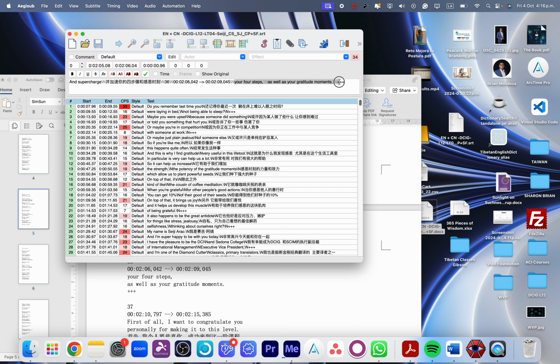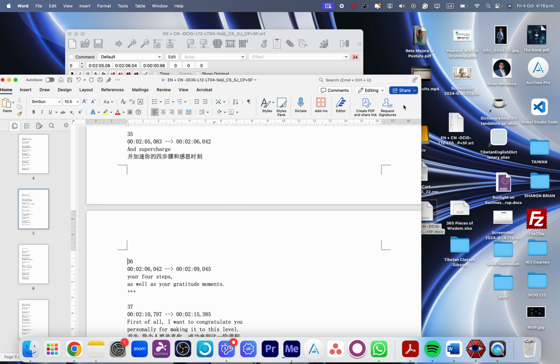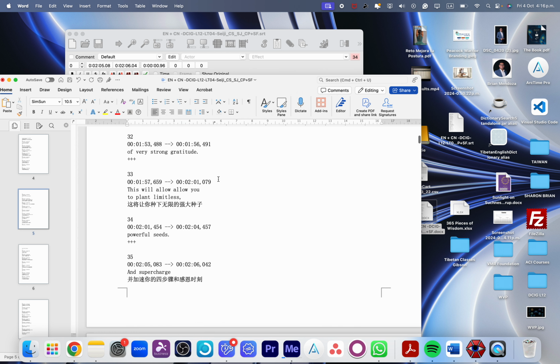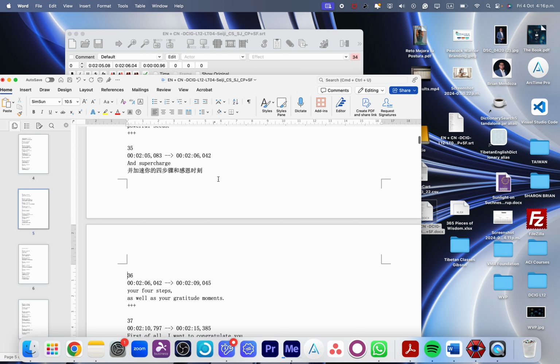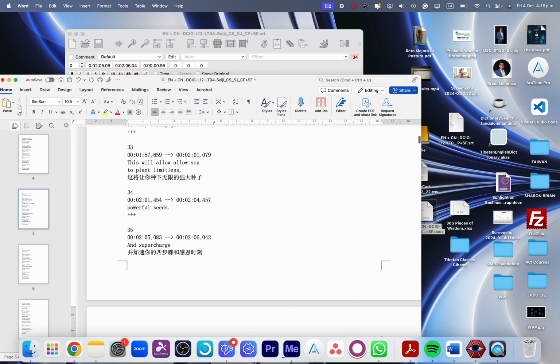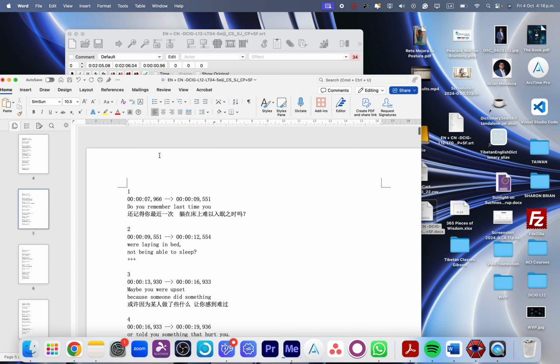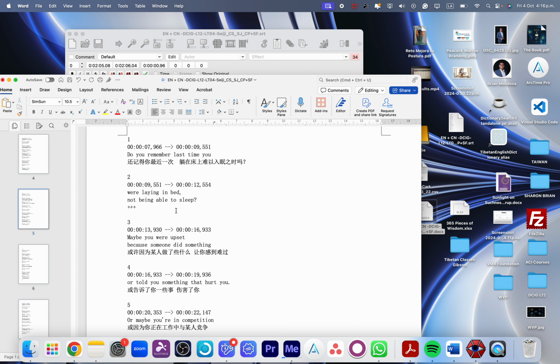And then we have the English, and this should be Chinese, but I explained in another video that this means something else. The point is, these kind of mistakes happen because somebody messed up the proper way in which these subtitles are displayed in the Word document. So as a general rule, we want to follow this structure. We have the number of the line. Right next to it, we have